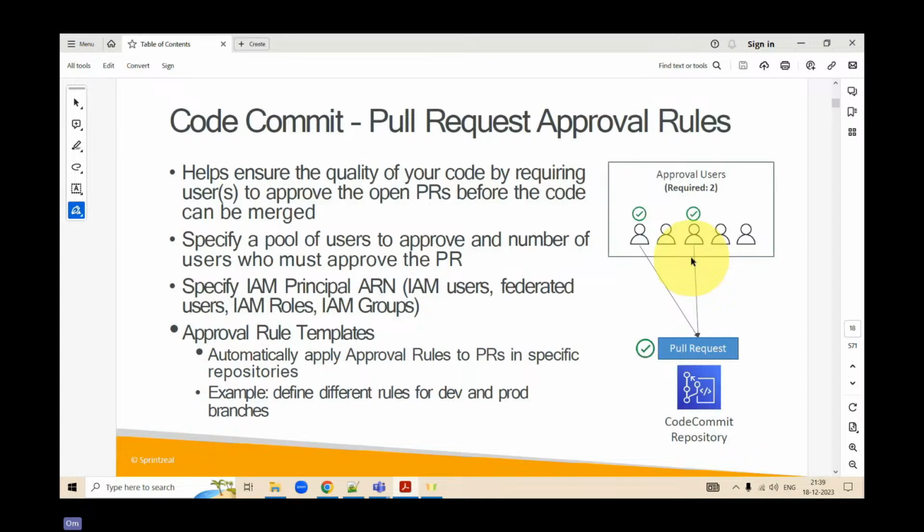But when we are doing this on our own, one-to-one, we would only make the minimum 1, because I'm the only one who would be pushing the code into the repository. Second, I would always have an IAM principal that has an ARN, that is Amazon Resource Notation, that would have an IAM user, federated user, roles or groups, whatever it be, just to have authentication and authorization done.